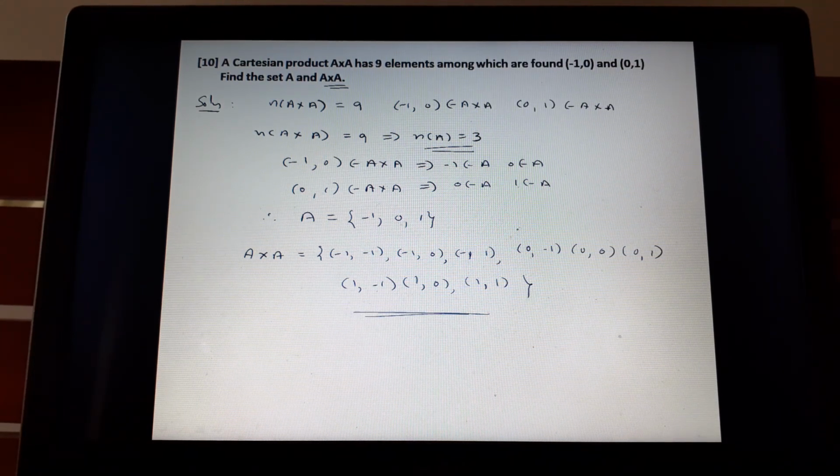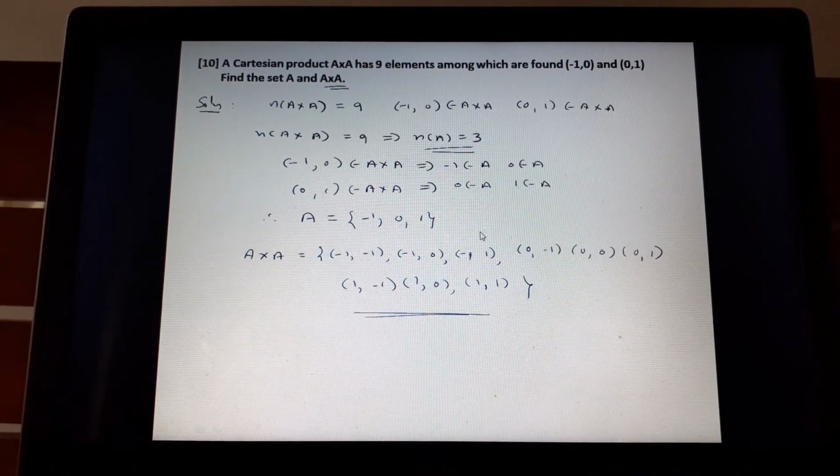I think this is the last question in the exercise. Let us see. Yeah, so we are at exercise 2.2. Let us not start today. We have completed all the 10 questions of this exercise. It's a very simple exercise, and this chapter is relatively very small. So one is cross product and ordered pair, that is one concept. Second one is of course relation, which is a new concept. And the third one is function, and under function of course you are studying different types of functions, and then addition, subtraction, etc., that is operation on functions.